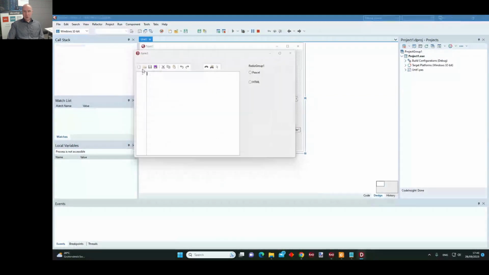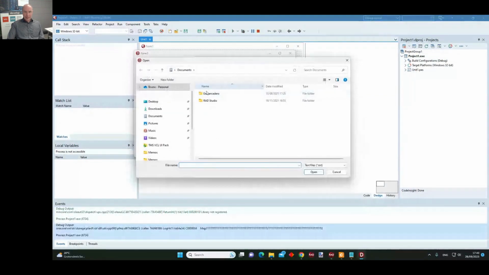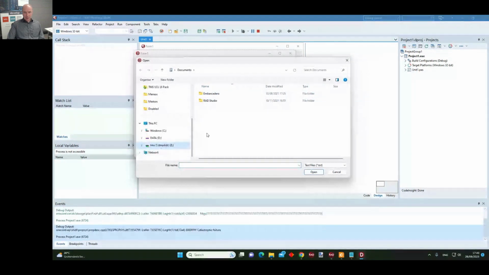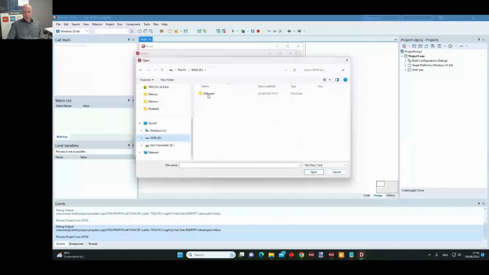I can choose the file open, and let's see what I can open here. In my memos folder, I can choose here all files. No, I would expect more files to appear. Okay, ADV memo.